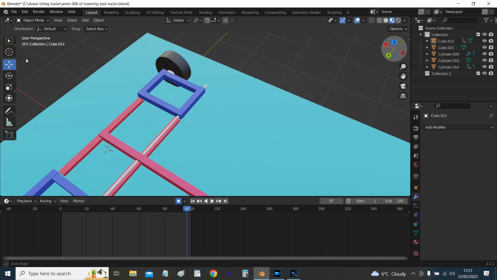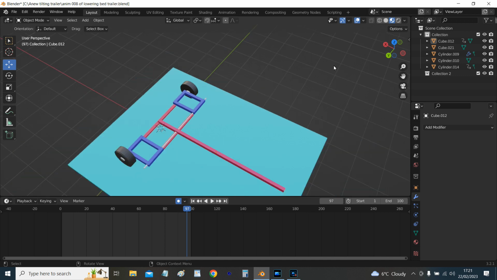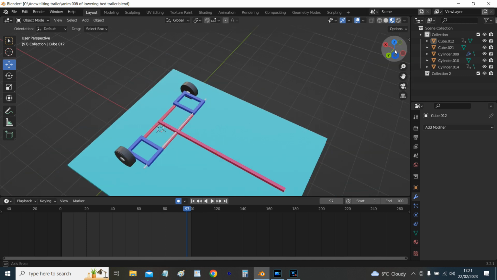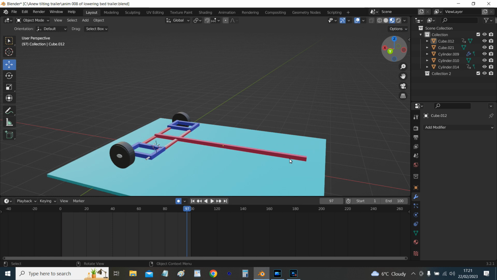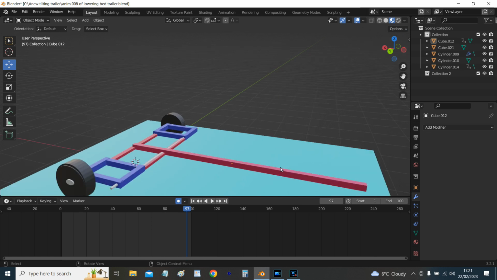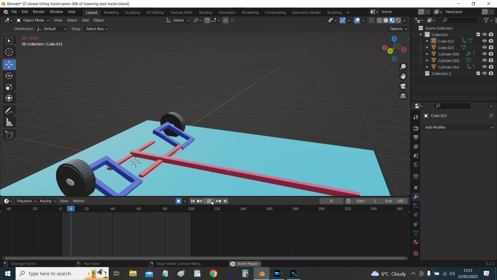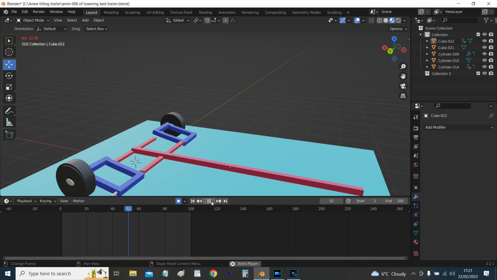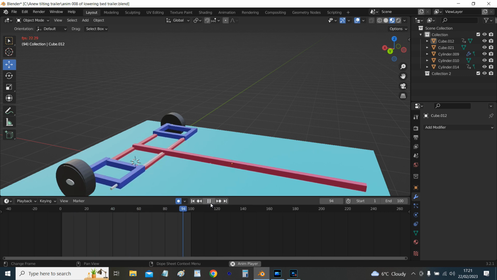How does all this happen? Good point. You've now discovered what the next part of the trailer design will be. And that is to create